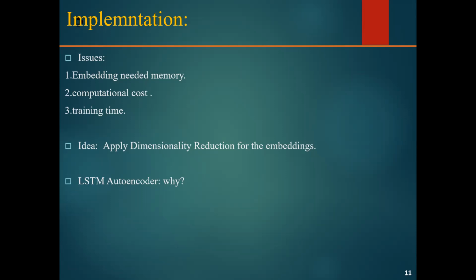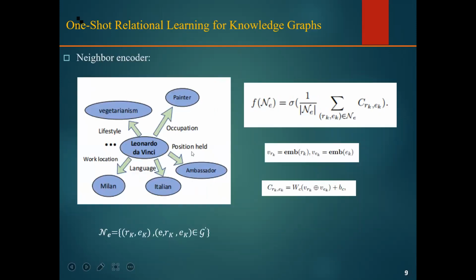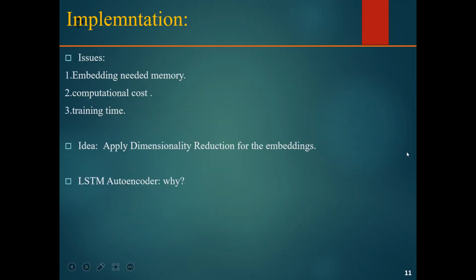And as we just use a limited number of neighbors for the local structure, the model will fail to capture the more complex structure and relations we have. So the idea is to try to compress these entity and relation embeddings into a smaller size using some sort of dimensionality reduction, where we compress the embeddings while preserving the inherent information of the knowledge graph.